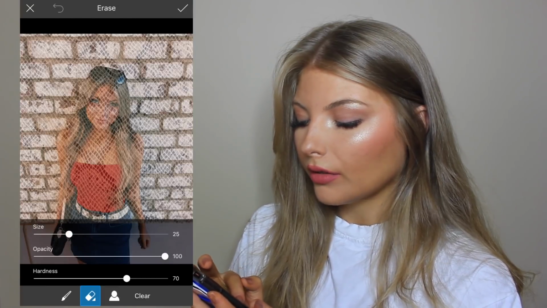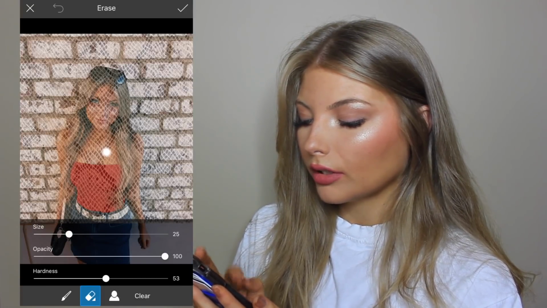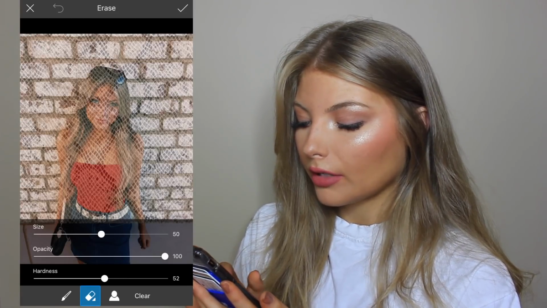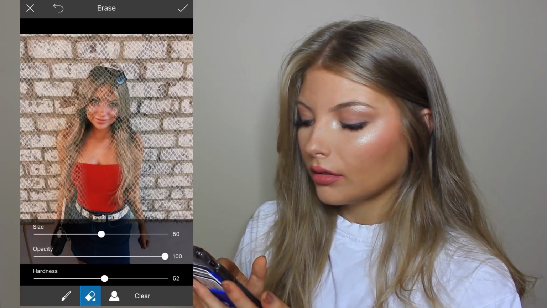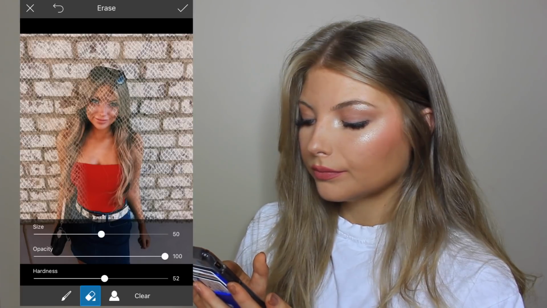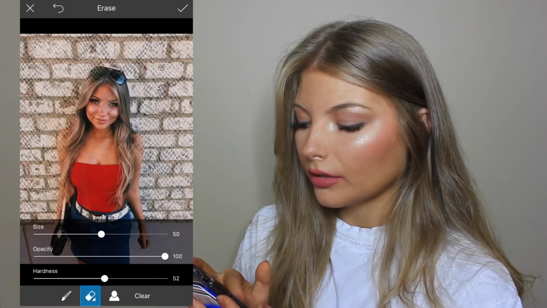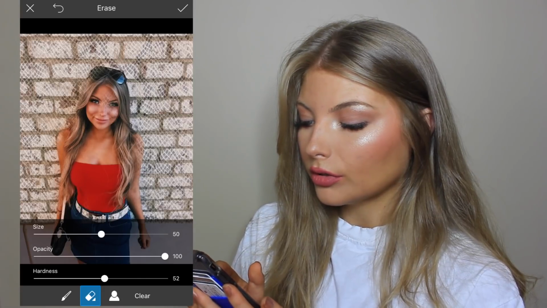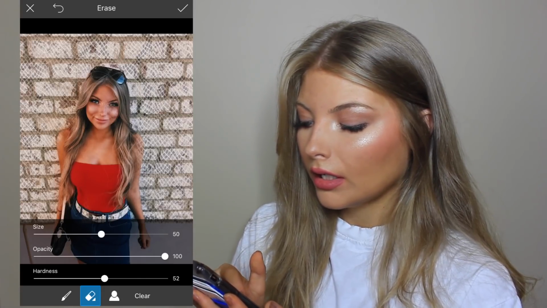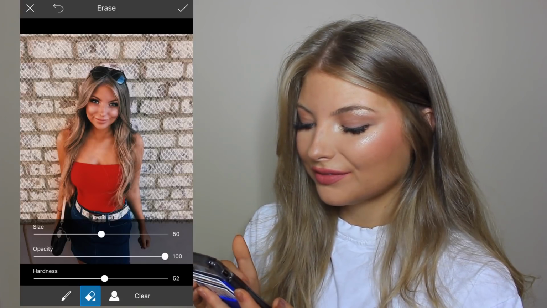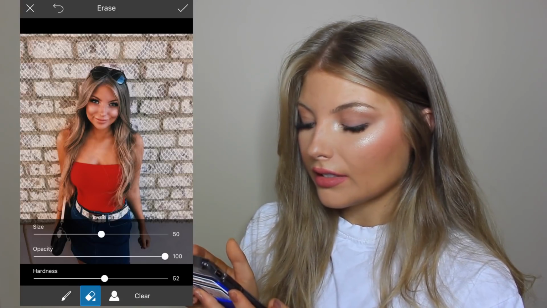I'm gonna make the eraser less harsh and just up the size because this doesn't really matter that much. It is so light on there that if you make a mistake then it doesn't really matter. You just go in and add it back again. I don't want my body to look like I'm snake print, so okay, now that that's done,